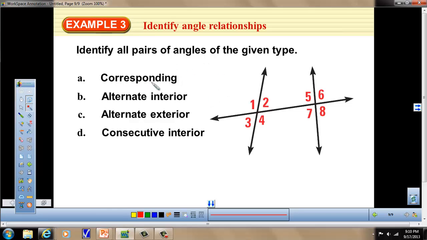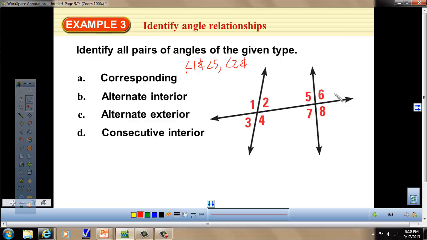These are angles that are in the same position. So if we look at this line and we look at this line, there's a top left, there's a top right, and bottom left. So if we say angle 1, if that's top left, the one that corresponds is top left over here. So that's angle 5. The next one, we're going to look at angle 2,